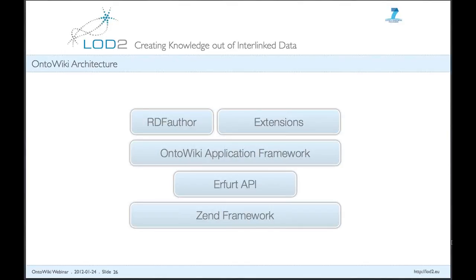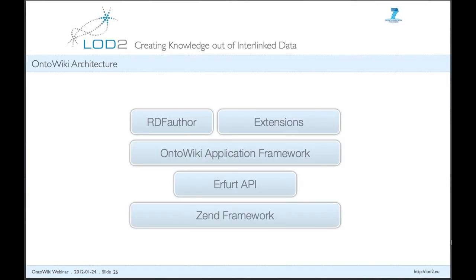standalone JavaScript widget library, which we also develop here. And when I say standalone, this means that it's also open source, and you could also use it for your project. And it works with arbitrary RDFa annotated documents. So in the OntoWiki case, all documents that we produce are RDFa annotated,